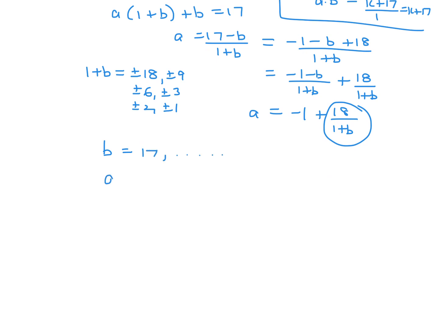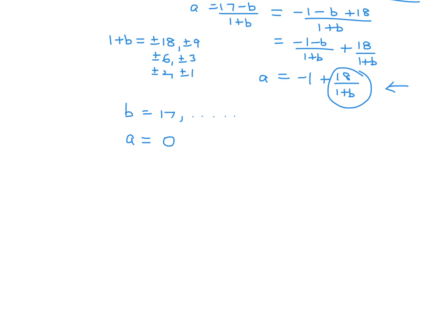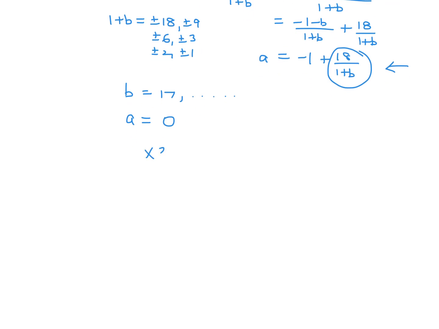And then for each value of b, you can plug it back into here and get a value for a. So if b is 17, let's see here, that would mean a would be 0. And then you can go back to the original equation and plug it in to get the value for k. So if b is 17, the original equation is x squared plus kx plus k plus 17. Let's just use b is 17, and remember b represents a root. So that would be 17 squared plus 17k plus k plus 17. So that is,